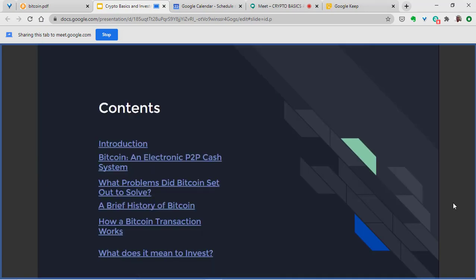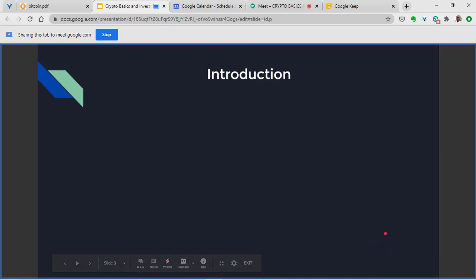So, let's just have a quick look at the contents. We have our introduction, we have Bitcoin, an electronic P2P cash system, then what problems Bitcoin set out to solve, a brief history of Bitcoin through the years, how a Bitcoin transaction works, just basics. And we move to what it means to invest in this space. So, in the introduction,